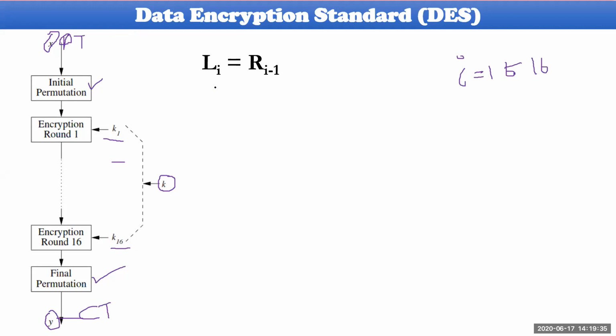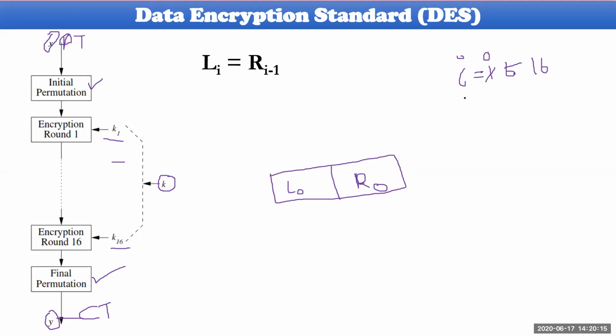For example, if you want to evaluate L2, it will be taken into consideration. But before going to that, let me explain. For round one, what are the inputs as far as Li is concerned? After the initial permutation, your data will be equally distributed into halves. Initially they are called L0 and R0. Finally, it is not from 0 or 1, it is from 0 to 16.